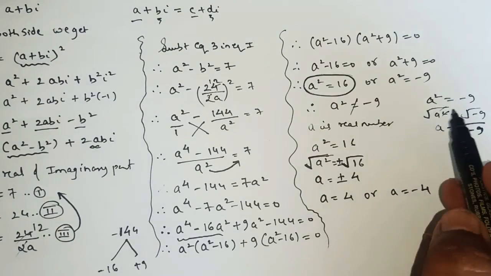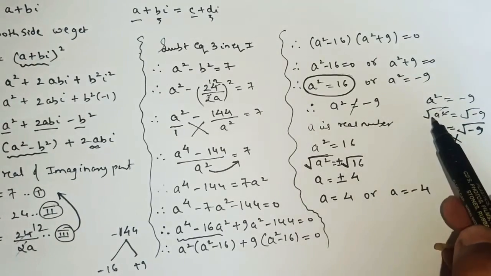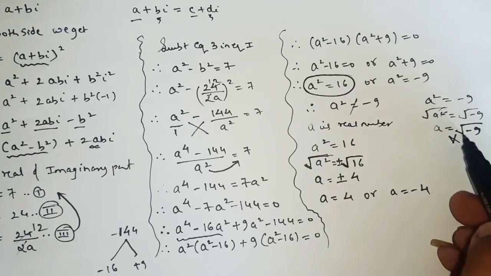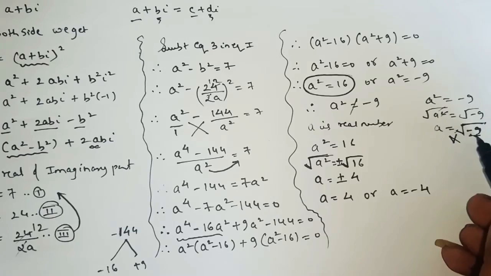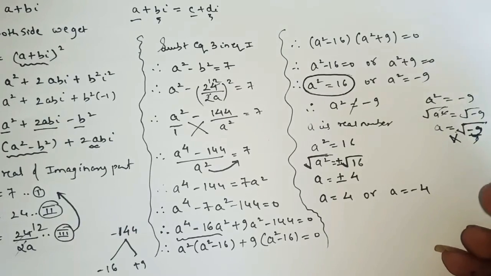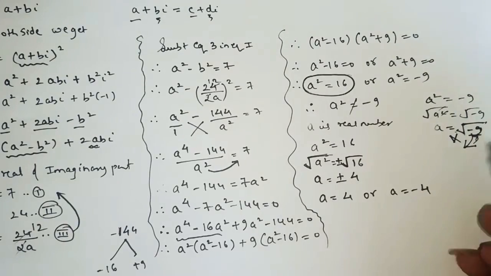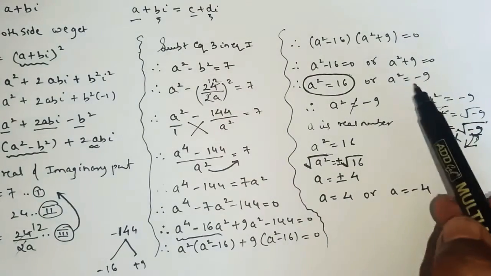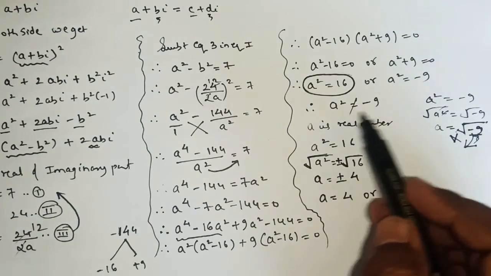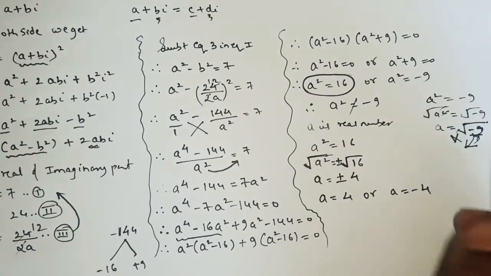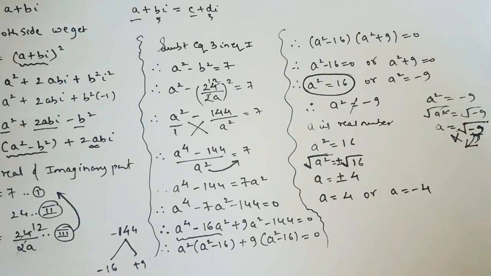Okay, and here we cannot consider the value of a as minus 9, because when you take the square root on both the sides, we know that the square of a real number cannot be negative, meaning the number inside a square root cannot be negative. If inside the square root the number is negative, we cannot find our answer, because it gets converted into a complex number. So we have to consider a square equals to 16 as our answer.